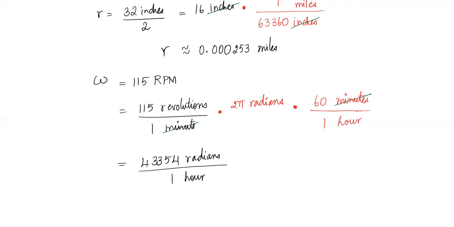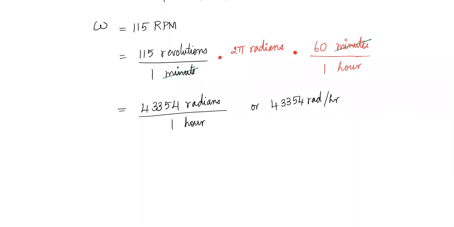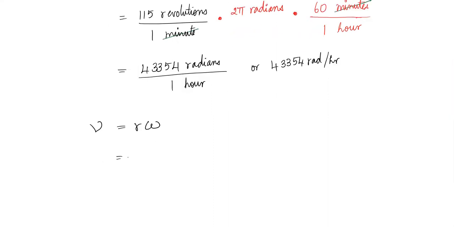We usually say, because we're going to use this in the calculations, I wrote it like this. Otherwise, you would just say 43354 radians per hour, rad per hour, right? Okay, one more step. Then you have the nu. You're trying to find nu using omega. So you use the relation that connects the two. Nu is R omega. And R is already converted to miles. So 0.000253 miles. I like to keep the units because we want to make sure we're converting them all correctly. Times omega is 43354 radians